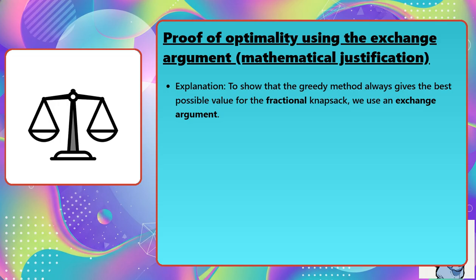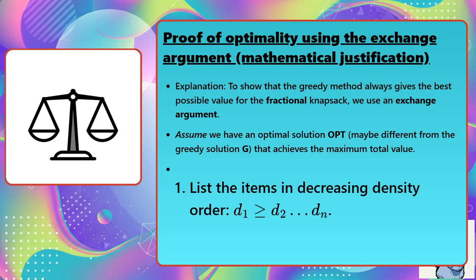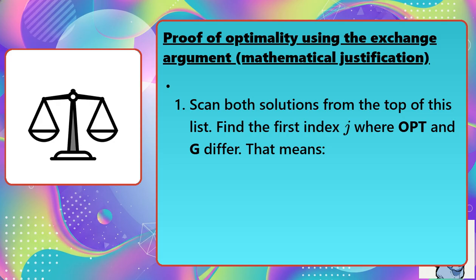Explanation: to show that the greedy method always gives the best possible value for the fractional knapsack, we use an exchange argument. Assume we have an optimal solution, OPT, which may be different from the greedy solution G, that achieves the maximum total value. List the items in decreasing density order, d_1 greater than or equal to d_2, and so on, down to d_n. Scan both solutions from the top of this list. Find the first index j where OPT and G differ, that means: